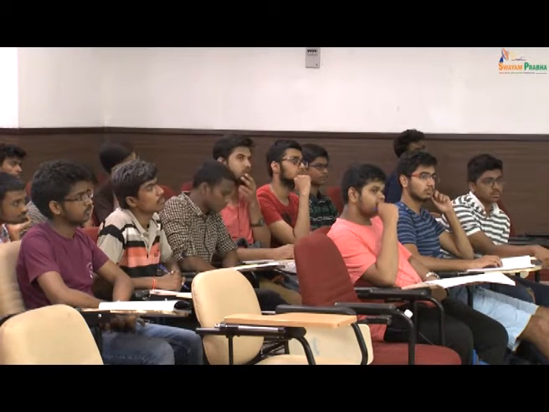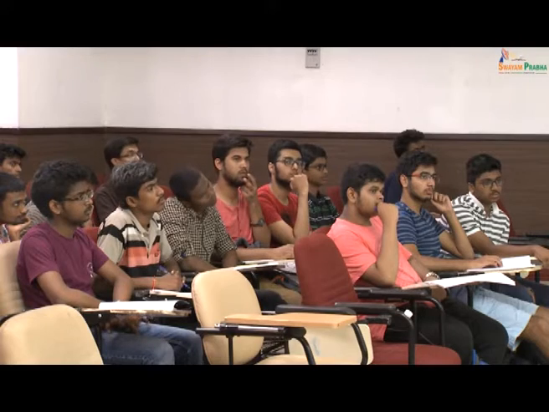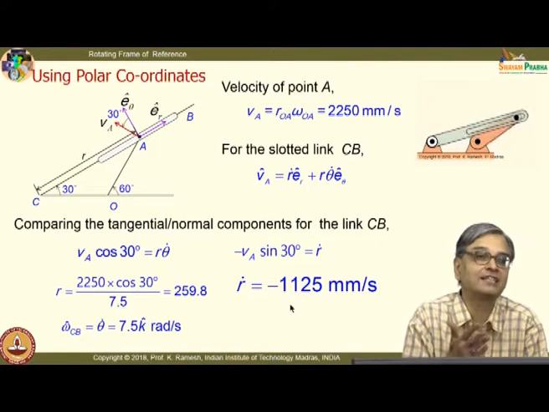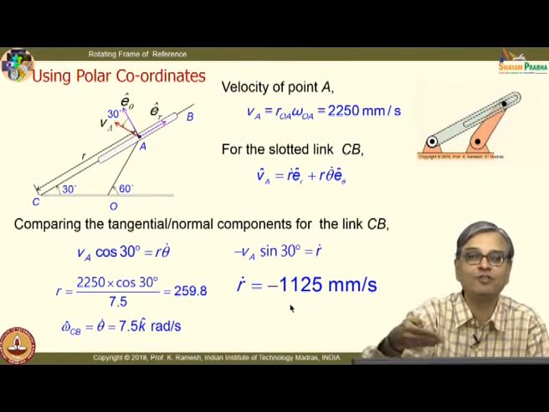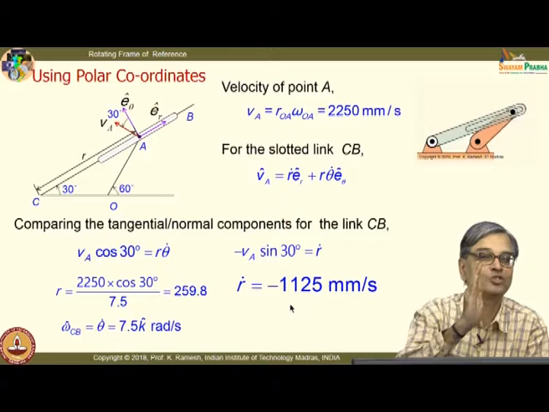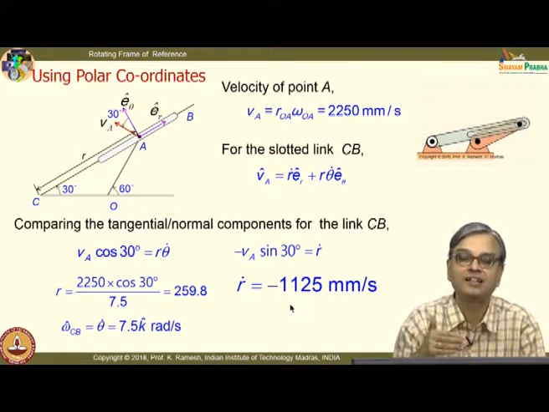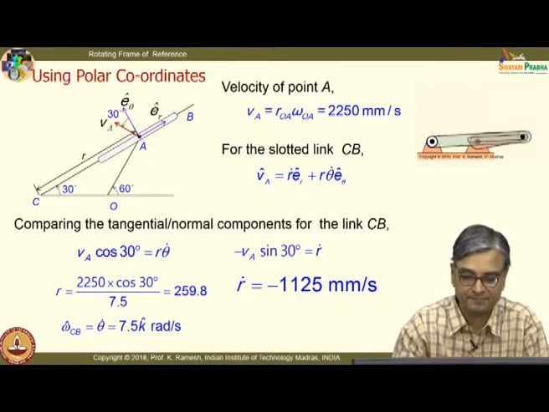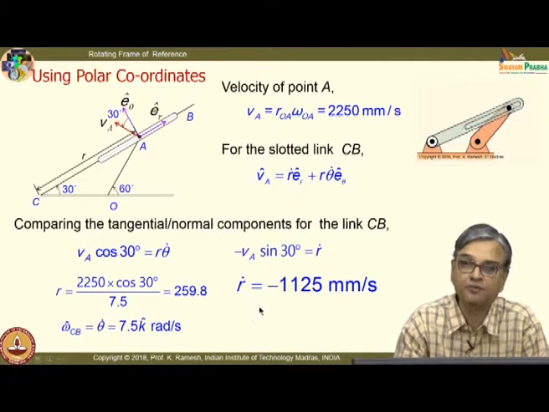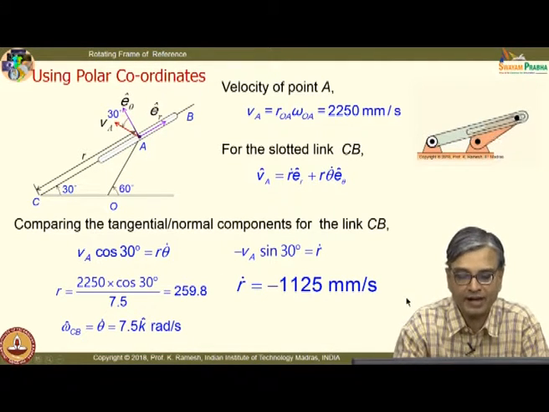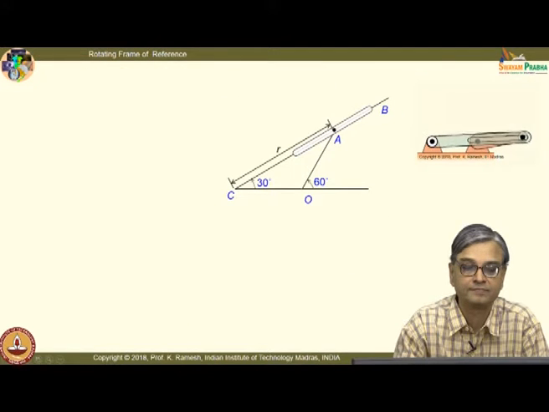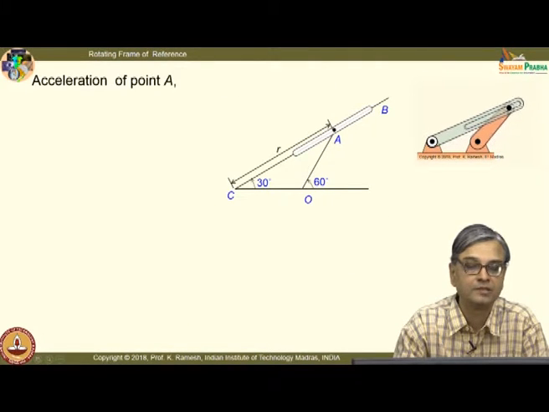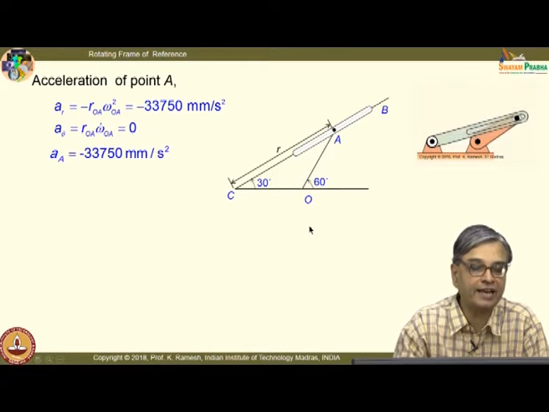So, I can also solve this problem using polar coordinates, because you had a very nice illustration that the particle is coming down. It is not just coming down, it is also rotating. So, you have r dot as well as theta dot existing. So, you have done this. Now, I can also go ahead and write the expression for the accelerations. So, acceleration of point A, I can write it like this.